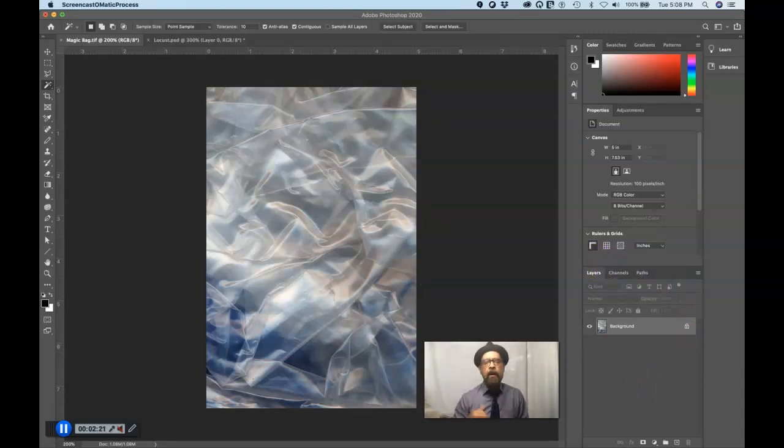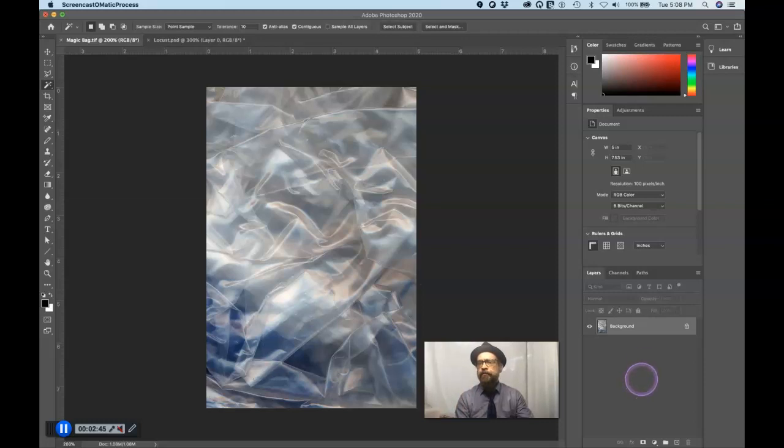And right now, I got one layer. It's called the background layer, and it's got a lock symbol on it, and background layers by their very nature are like this. When you first open a photograph up, it's going to have a single background layer, and it's going to be